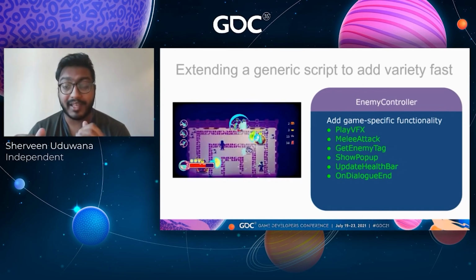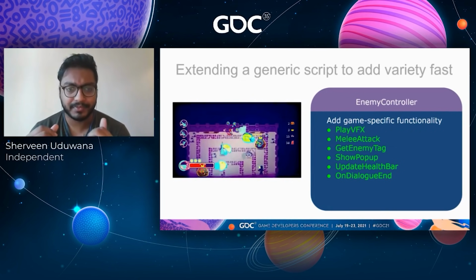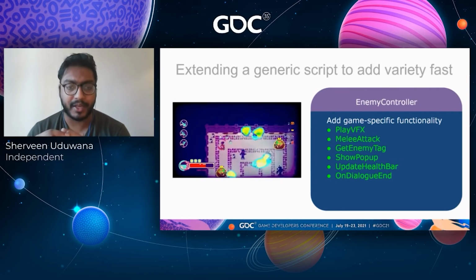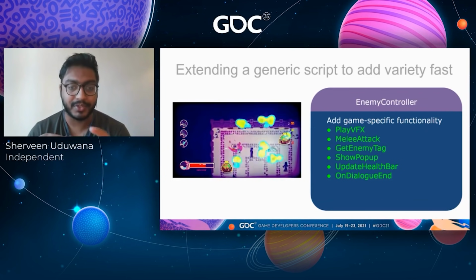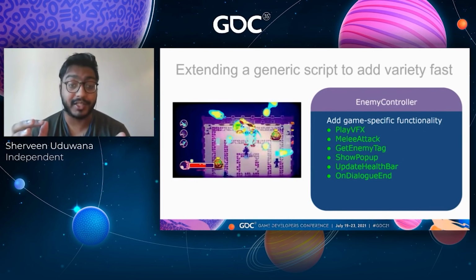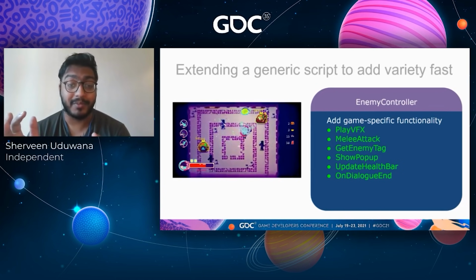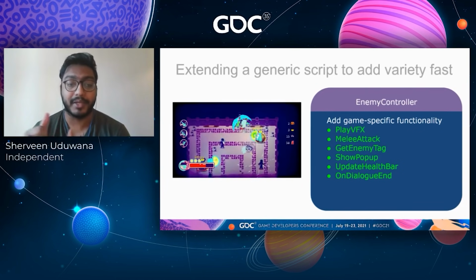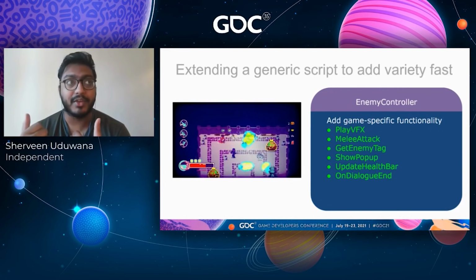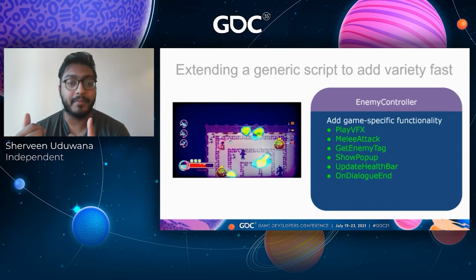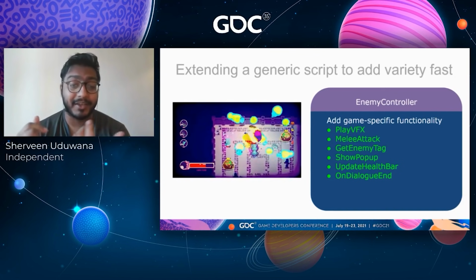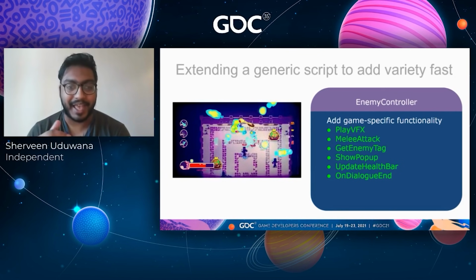I also added this tag system for the enemies. So for example, in this clip right here, you're seeing these turtles with the yellow outline around them. They have a shield up, which means if you attack them, you're not going to do damage. You'll damage their shield, but they're essentially invulnerable while that is up. And I can know from the player's point of view that the enemy has a shield because it has a tag that says shielded. I can add that to any enemy I want.